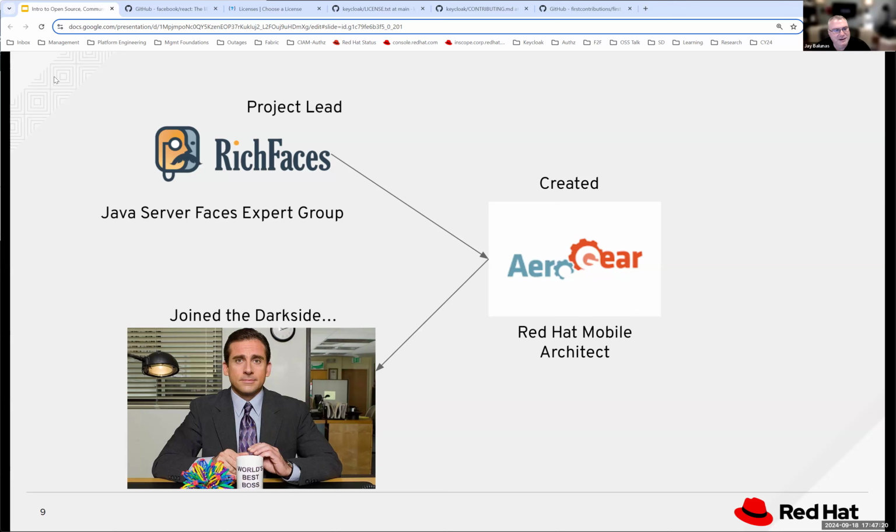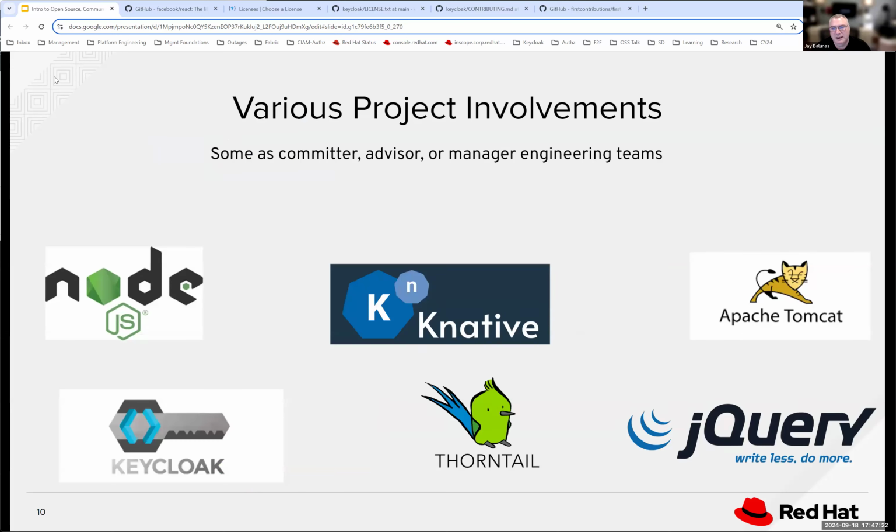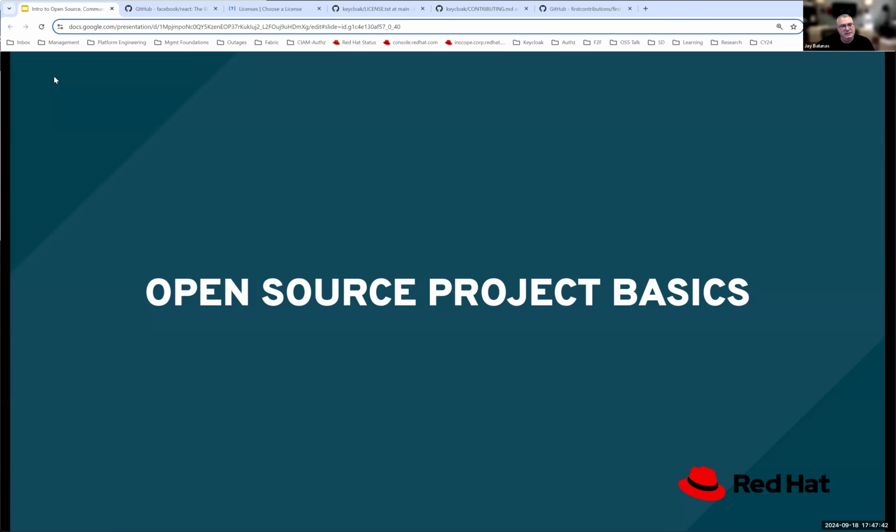I became a manager. But even as a manager, I still remained very involved with open source, either as a committer early on, honestly, I haven't committed in quite a while, or as an advisor or managing engineering teams that were working in open source. These are just some of the other projects I've worked in along the way. So, like I said, everyone's journey is a little different, right? Catch me at Open Hack if you're ever curious, or I'm also in the Syracuse IO Slack. Happy to connect and talk to you about it more.